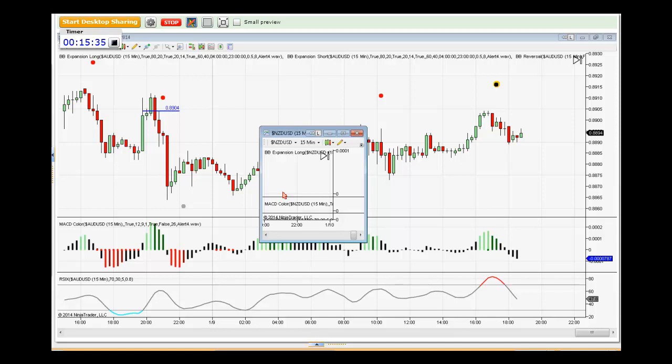Again, I want to see similar signals on similar pairs, whether that be the yen pairs or these dollar-based pairs. I want to see similar things happening. And if I don't see similar things happening, I'm staying out of the market. I want to be a pack follower. I don't want to be a leader. I want to follow the pack. I want to know that each one of the pairs is doing similar things. It gives me better confidence to take that trade. Like everybody going to the well at the same time. I want to go there myself. I don't want to go to the lake and get eaten